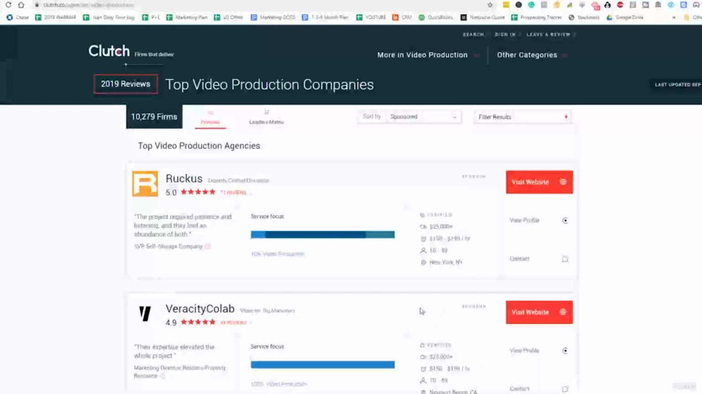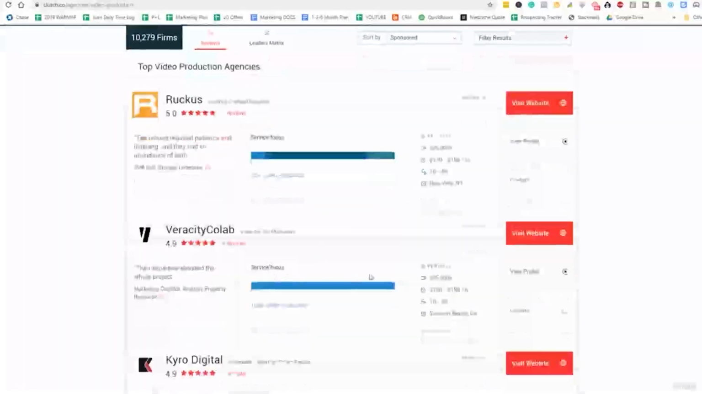Now, I'm sure these are all very unique and custom types of videos, but it's not going to be very difficult for these guys if they've already worked with storage companies. They already have a template that they can use to create that video, and they're going to be charging people $25,000 for this video that they already have a template for, and they just have to change around the business information. So if we look at some of these folks here, 25,